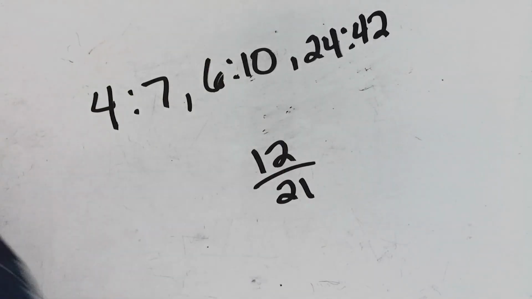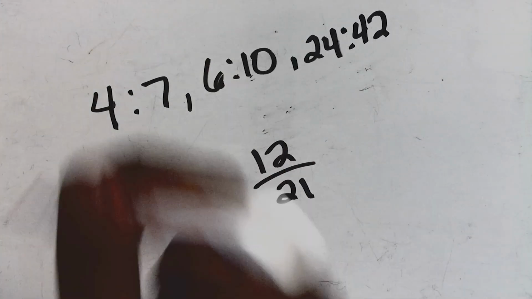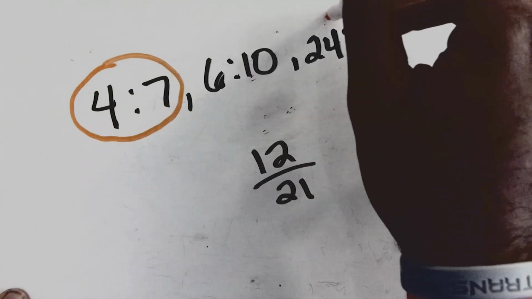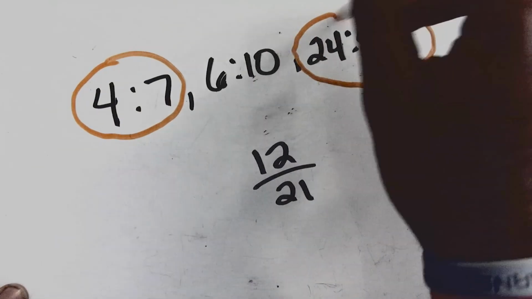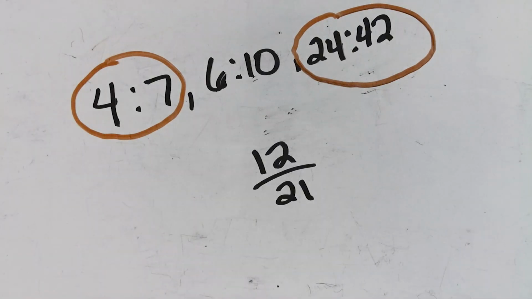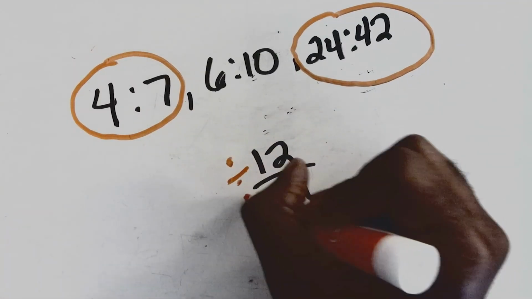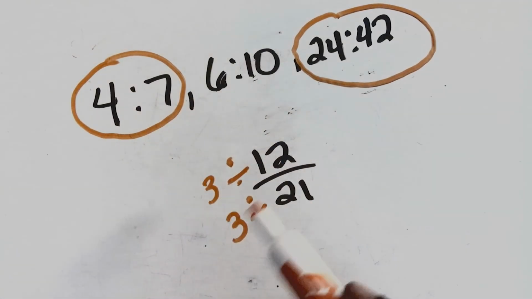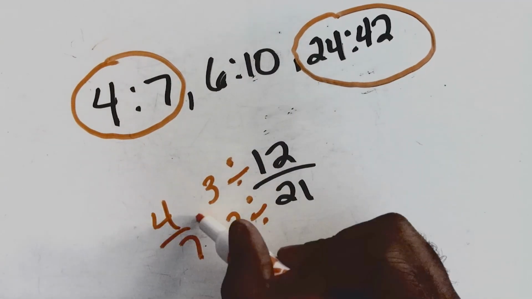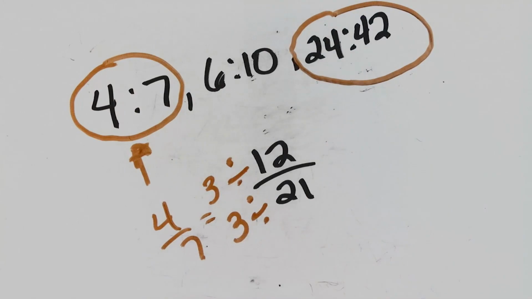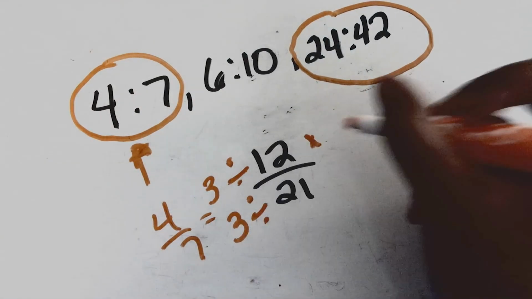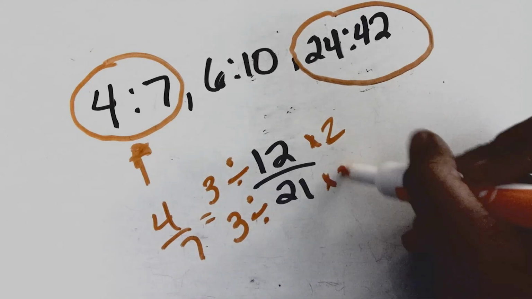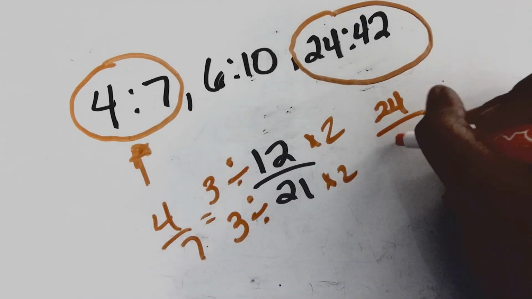Oh, that's not working. Let's try another one. 4 to 7 and 24 to 42 as equivalent? You are correct. Good job. So when you use division for this, we can see that if I divide it, and I can divide by 3, I can see that 4 to 7 is equivalent. And if I use multiplication, I can multiply both of these by 2 to see that 24 to 42 is